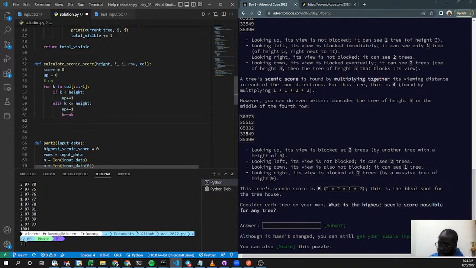And if it is the case where it is greater than, right, which is the else case, the k that you have is just greater than the height, then you don't increase at all, you just break the loop, right, and then return the